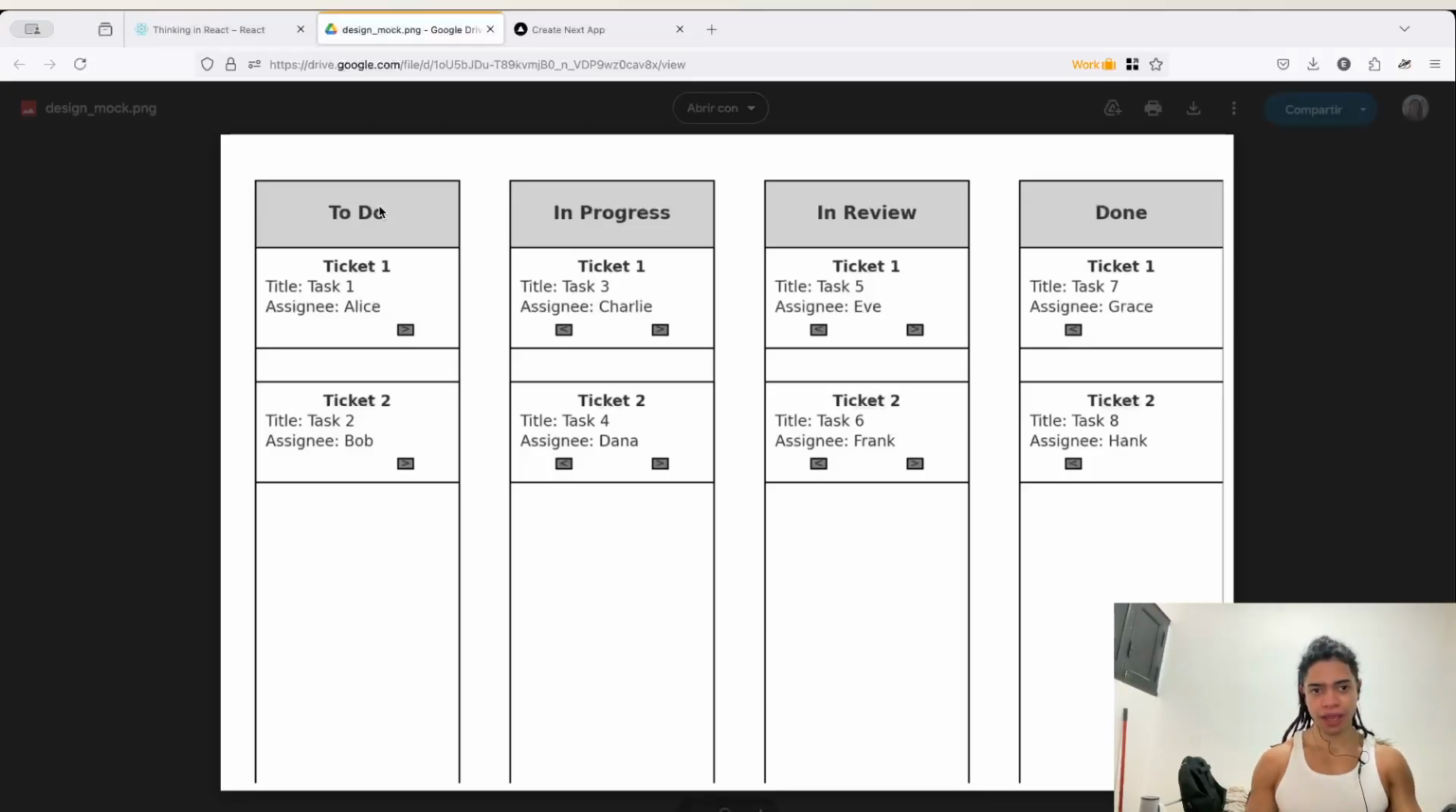We now have a component called column, and that column contains the title, and inside of that there is another component called the card, that contains the title of the card, followed by the title and the assignee, and that kind of thing. And the idea here is to start building, now that you have identified your component hierarchy, to actually